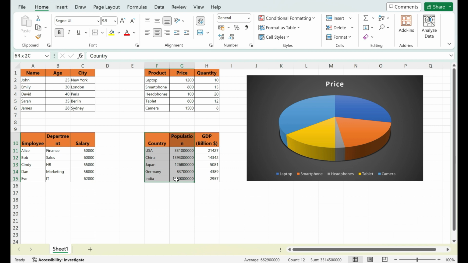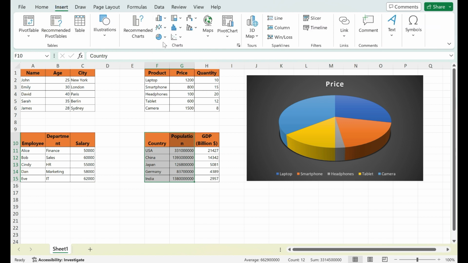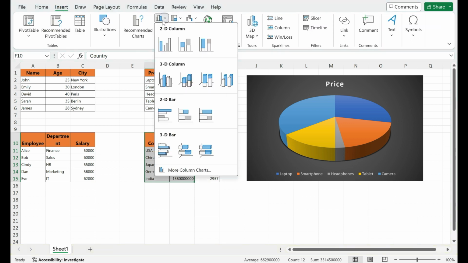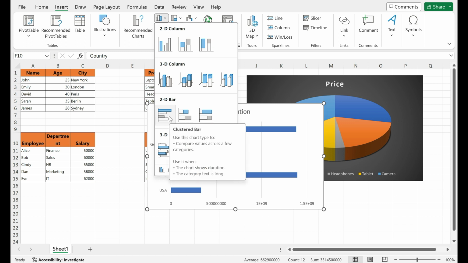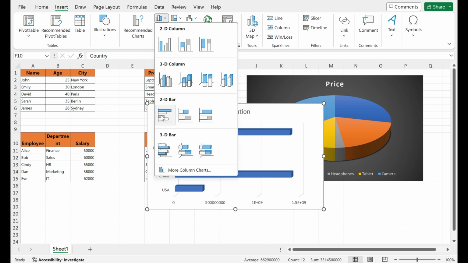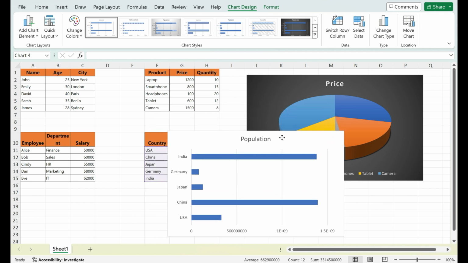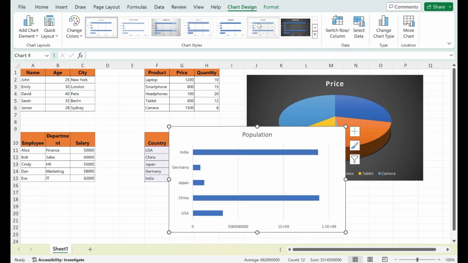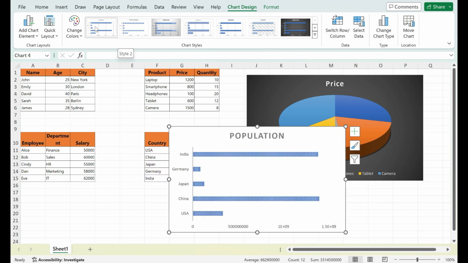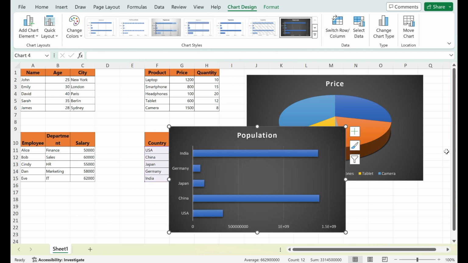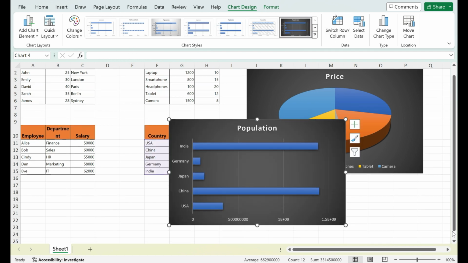Let's do one more example for this data. We select two columns from here, then we go to Insert. And for this one, let's say a 2D bar graph would make sense. So we inserted a 2D bar graph for this data, and the same Chart Design appears, and you can choose whichever chart looks better for your data. And when you have decided, you could simply complete that